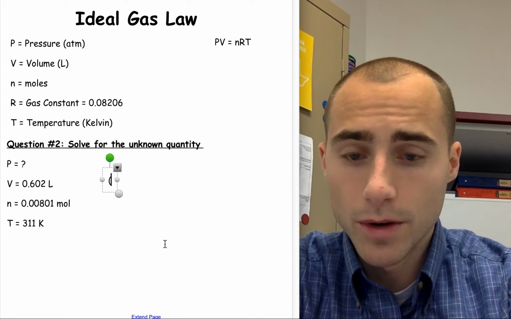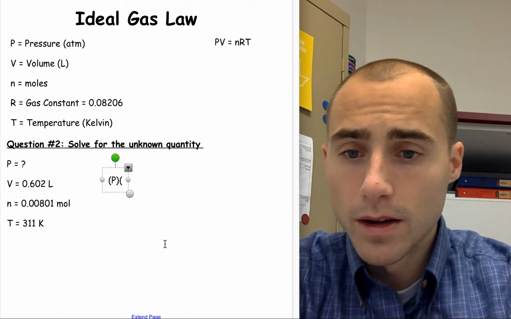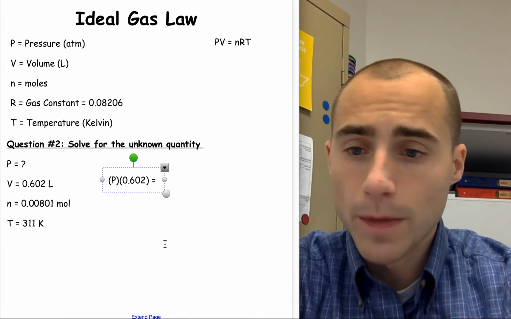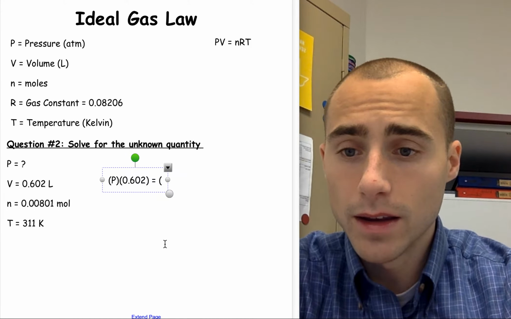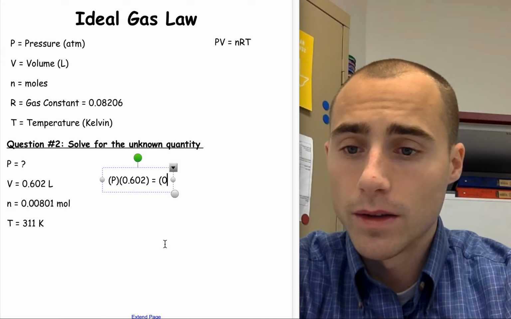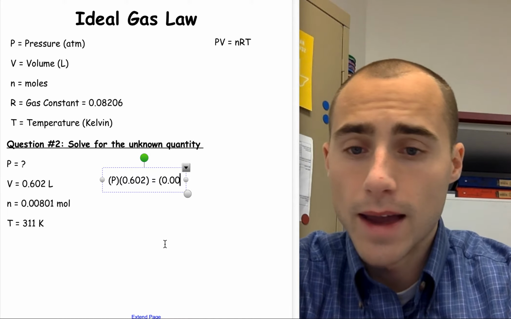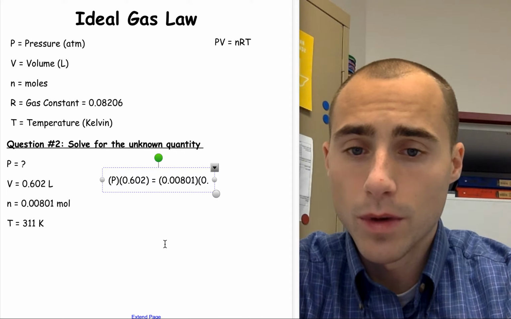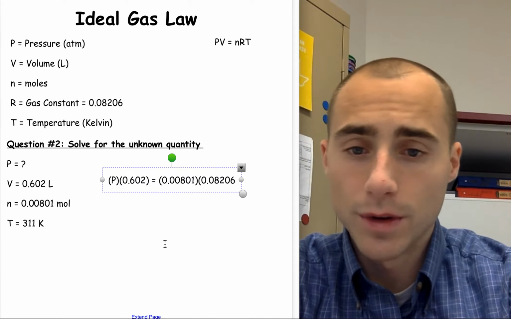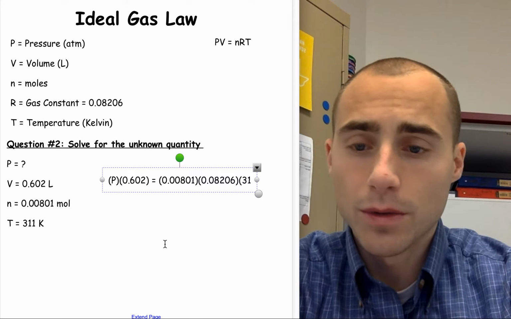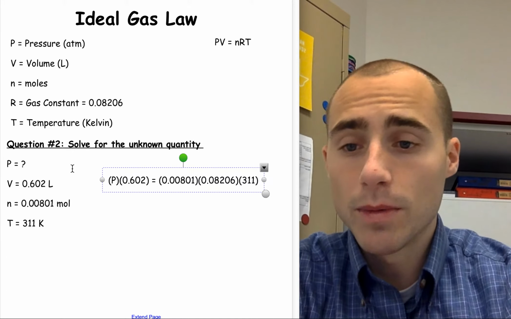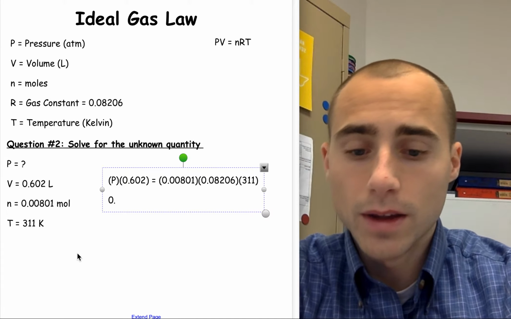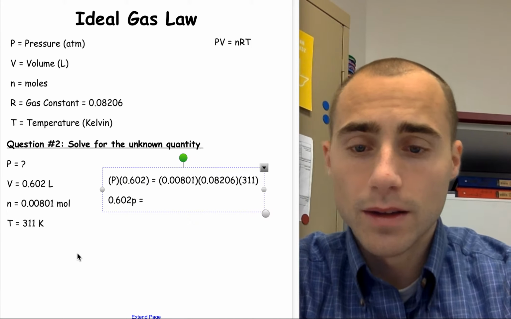All right, we don't know our P, so I'm just going to put P right there. Our V is 0.602. We're going to set that equal to, our n is 0.00801. Our R is 0.08206 as always, and our T is 311. Again, there's no conversions that need to be made because we're already in liters and Kelvin. So on this side we're going to have 0.602 P, set that equal to